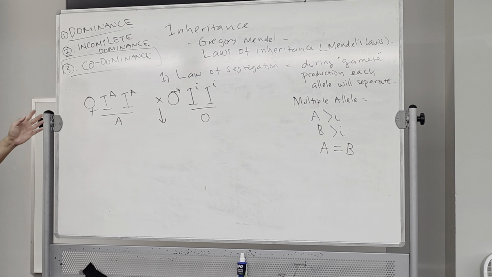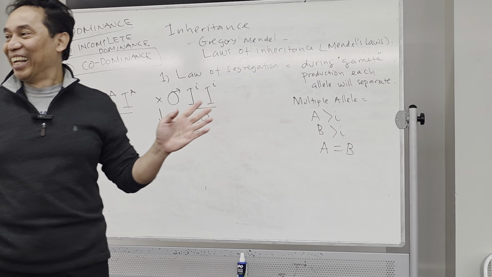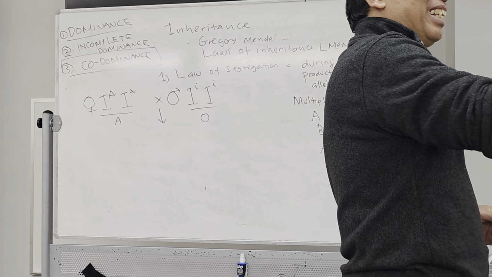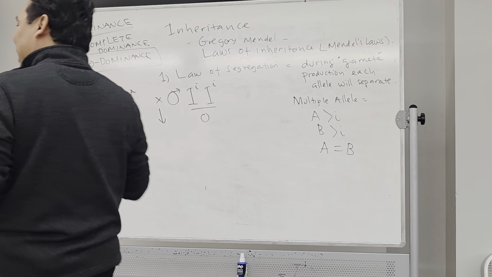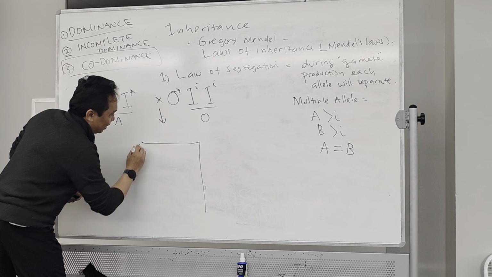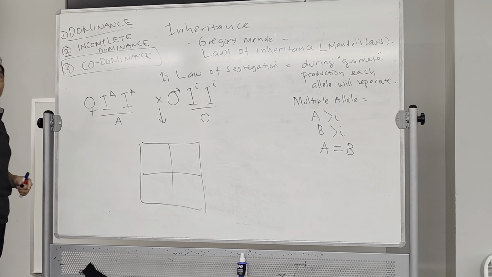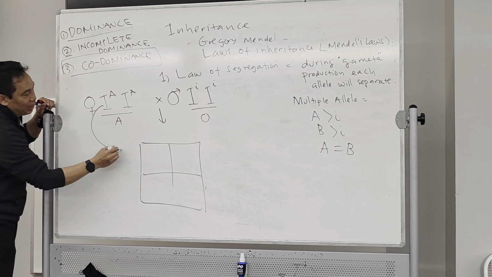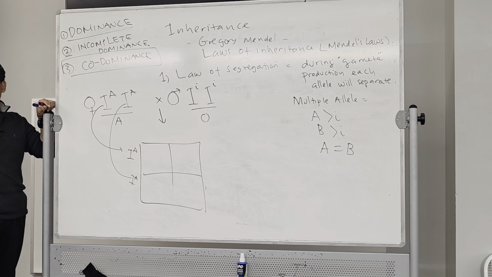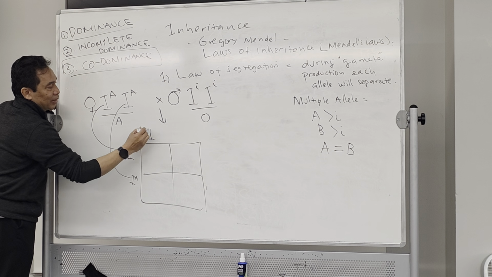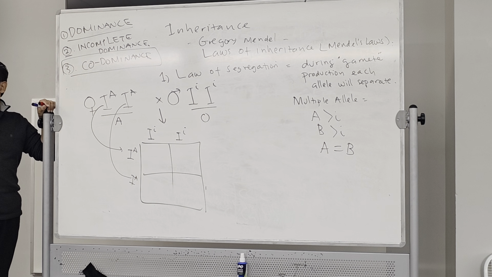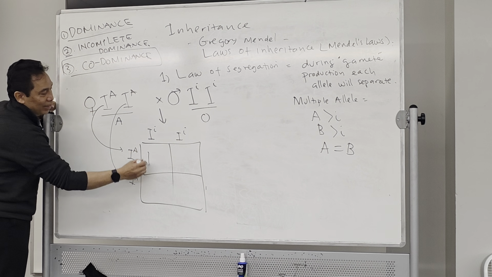I want you to make your Punnett square for the answer. Anybody have it? None of them. Look, why is it none of them? Again, use a Punnett square. Look at the mother. The mother will be this and this, right? Those are the X's. And then the father will be this, and the other one is the same, this. And what are the children going to be?